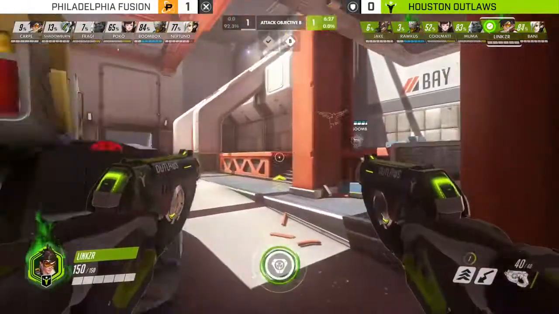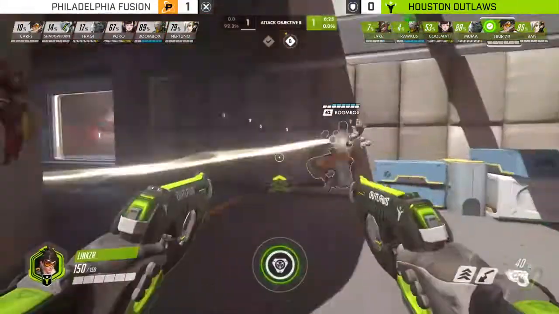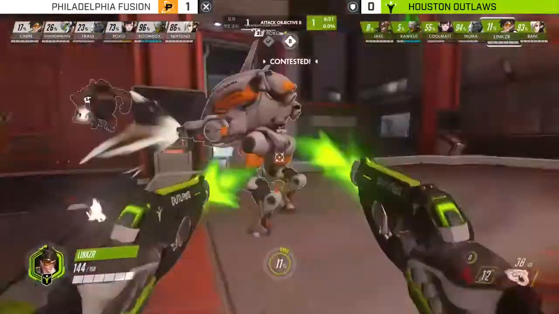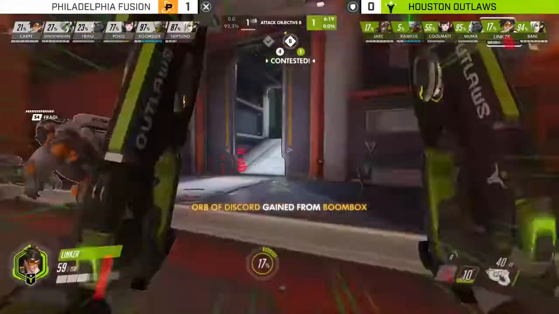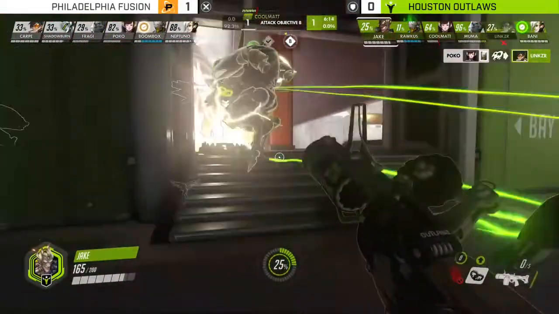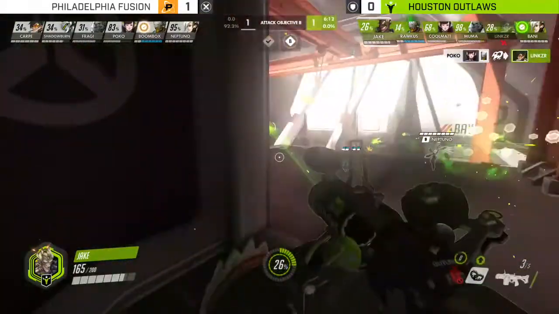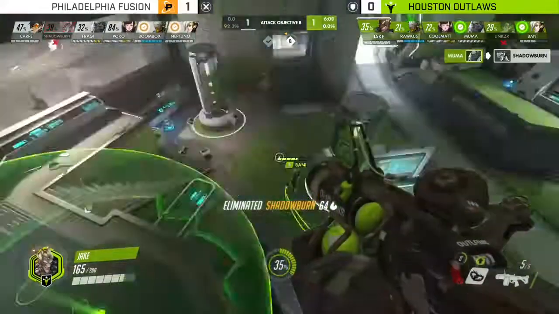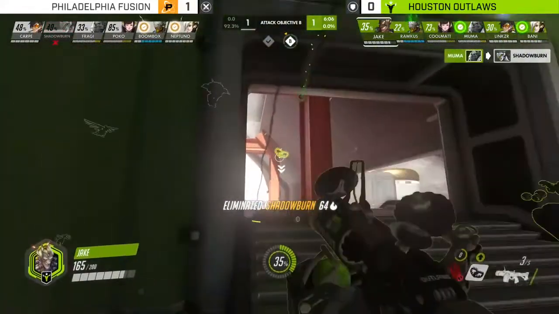Philly on defense, they'll have to not have a Junkrat to deny that high ground access. They'll go with the Genji Tracer combination. Lynx are here, uses a pulse bomb, doesn't connect with anything. He tried to predict Boombox moving to the left, I think, and it wasn't quite right. Boombox was able to juke that one out. So Lynxy gets caught out, realizes he doesn't really have the recall that he needs. And the Outlaws aren't going to commit too much more, I think, outside of this. They're looking pretty confident, like they got this one under control